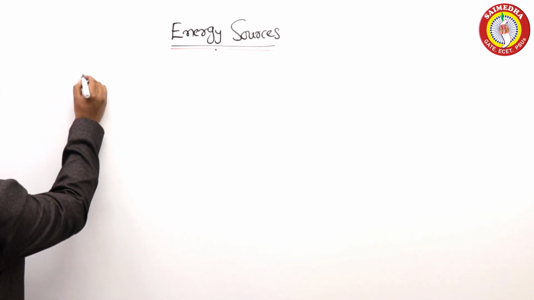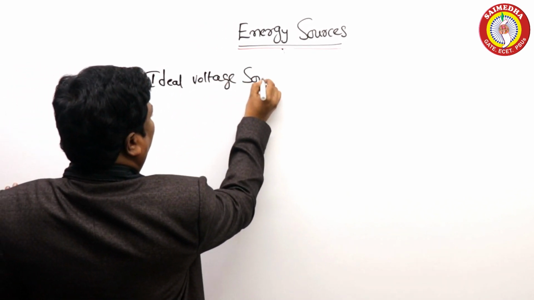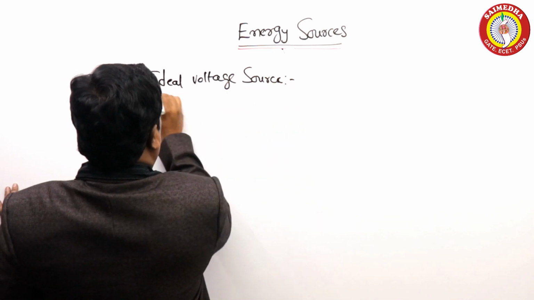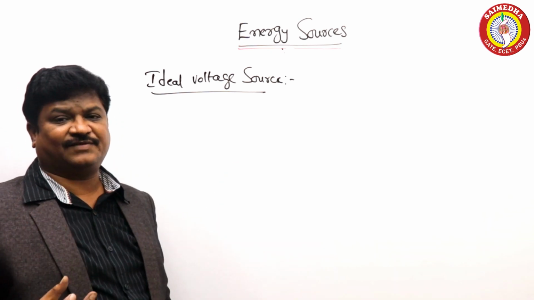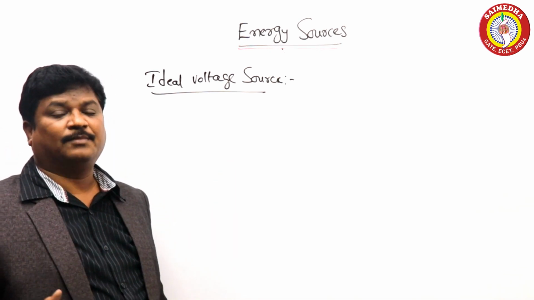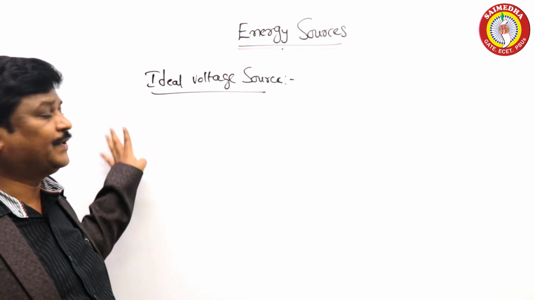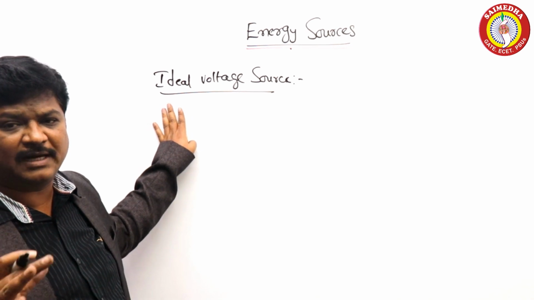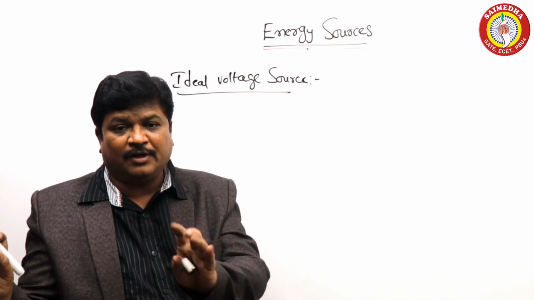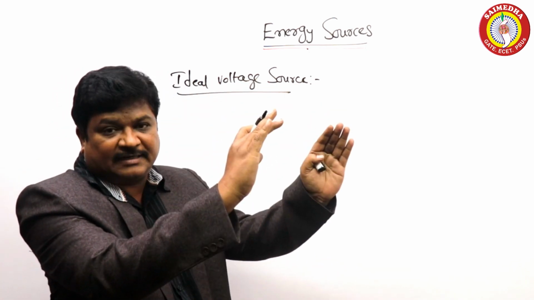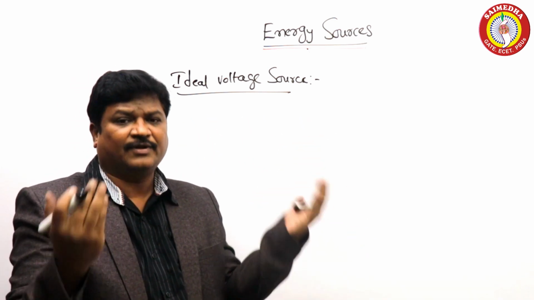Now coming to the ideal voltage source. Generally, ideal means it exists nowhere in the world. Ideal means 100% efficiency, and you never get that. But if that were the case, how would the response be? It is only discussed theoretically. Ideal voltage source, ideal current source, all belong here. Anywhere you talk about ideal, it is practically not possible. It is only an assumption, since no system has 100% efficiency.